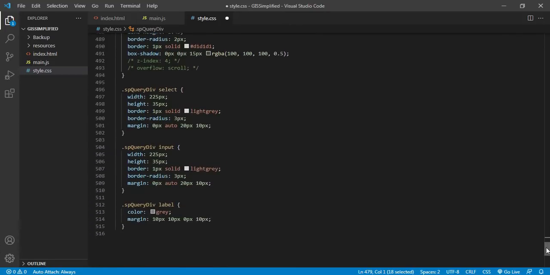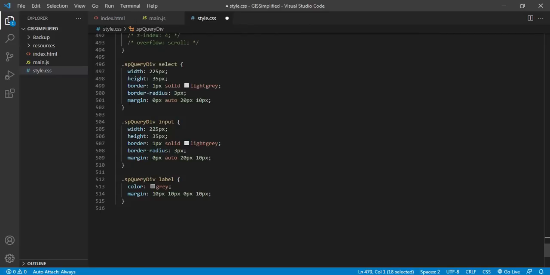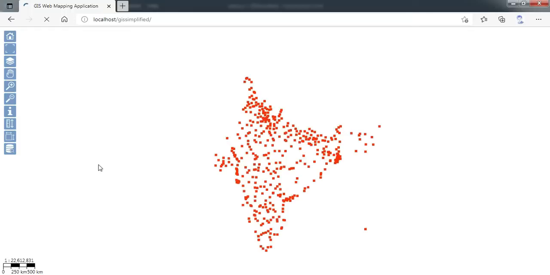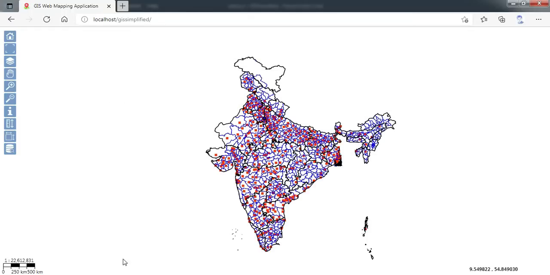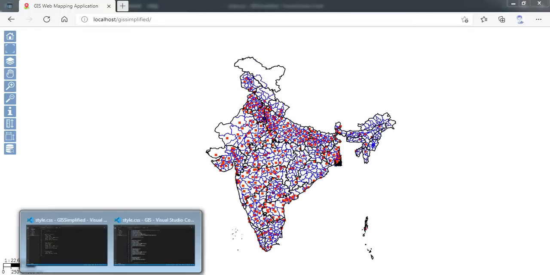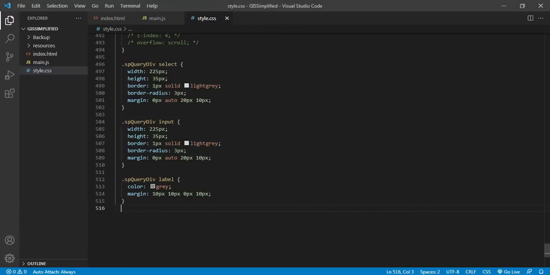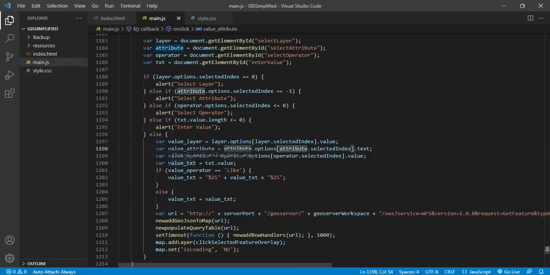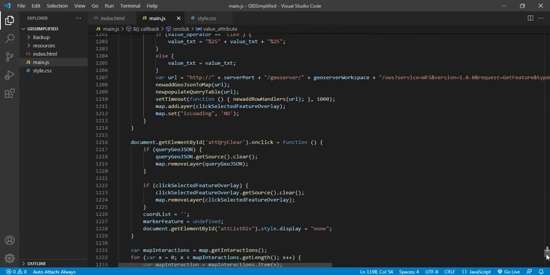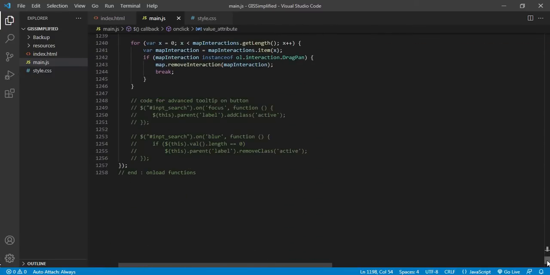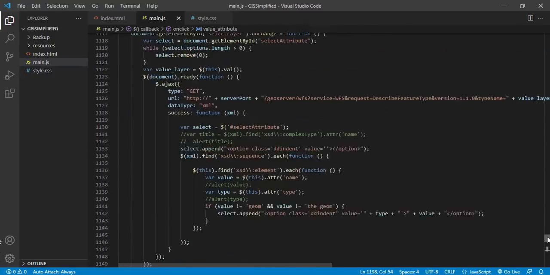And then these are the various styling part of select type of elements, input type of elements, and then label elements. So this is how I have defined. You can define based on your choice. So I have refreshed the map, but it is not appearing. Remember, we have made it and display is equal to none. So now I will go to JavaScript section, and then I'll write the code so that it appears when I click and it does the job the way we want.